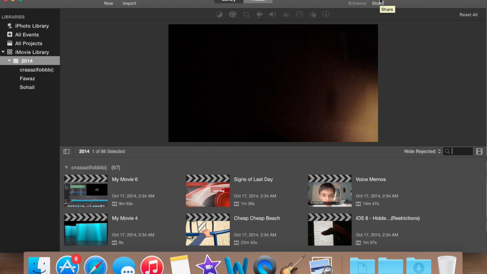In the previous versions, import would be there, new would be here, share would be next to import, enhance would be here, and the adjust button would be next to enhance instead of share. But now adjust went from a button to a bar. So now it's down here at the toolbar. This whole thing is called the adjustment bar. Alright, so let's just go over